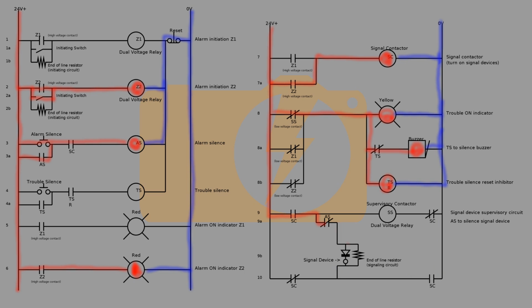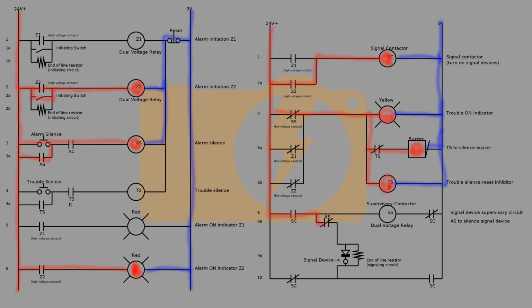Pressing the push button, alarm silence, on rung 3 allows power to pass through the now closed contacts SC and through the coil AS. This latches the contacts AS on rung 3A on, keeping the circuit activated once the alarm silence button has been released. This also causes the normally closed contacts AS on rung 9A to open, silencing the signal device. If the reset button on rung 1 were to be pushed, current would be stopped through the coil AS, resetting